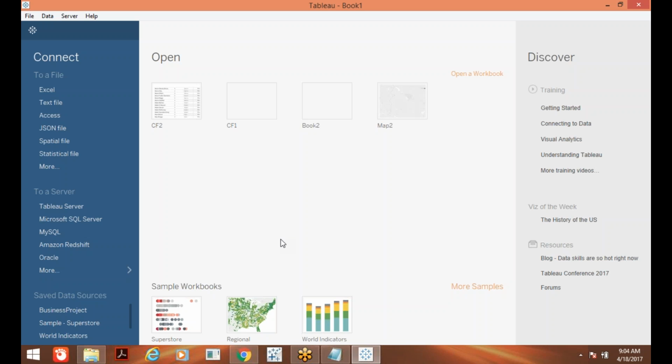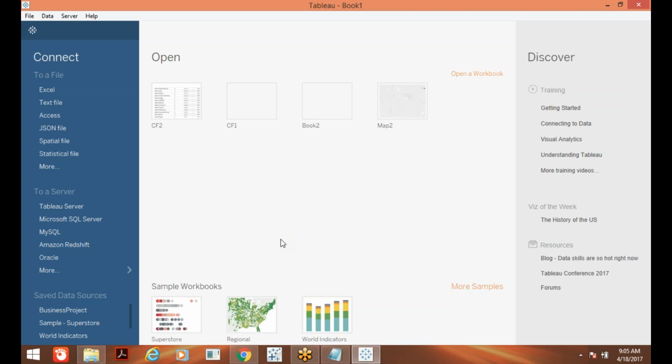Without connecting with data, Tableau can't do anything. So first it asks you to connect. You may connect with some file, or with some server. File means an Excel file, text file, JSON file, CSV file, statistical file, whatever the file.